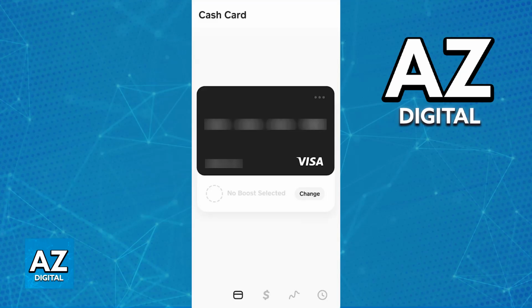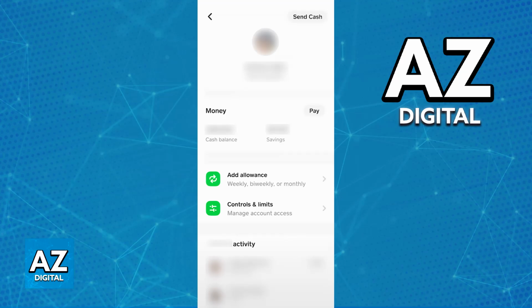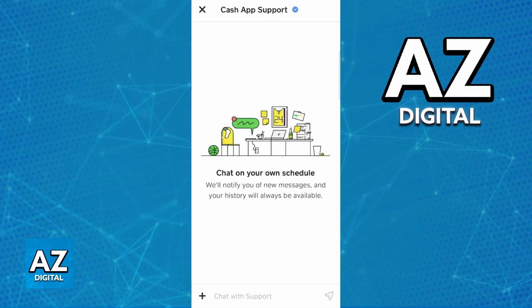Or alternatively, the best course of action is to talk to the support. In the event where you just want to remove someone for any reason, or if they turned 18, you can go over to the Cash App customer support and talk to them there. By specifying that you would like to remove someone from your Cash App family account, they will ask for the reason, and as long as you give it to them, they will be able to do the process on their end. By doing this, the person will be successfully removed, and you will be able to resume using the Cash App account as you would with them properly removed from the family account.